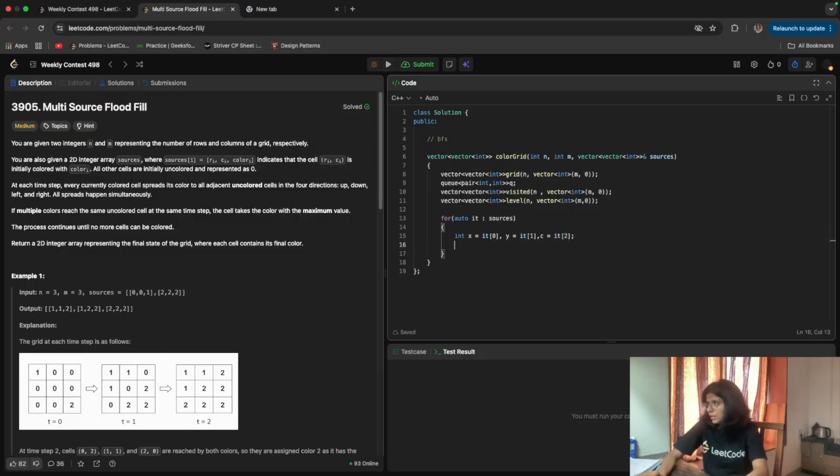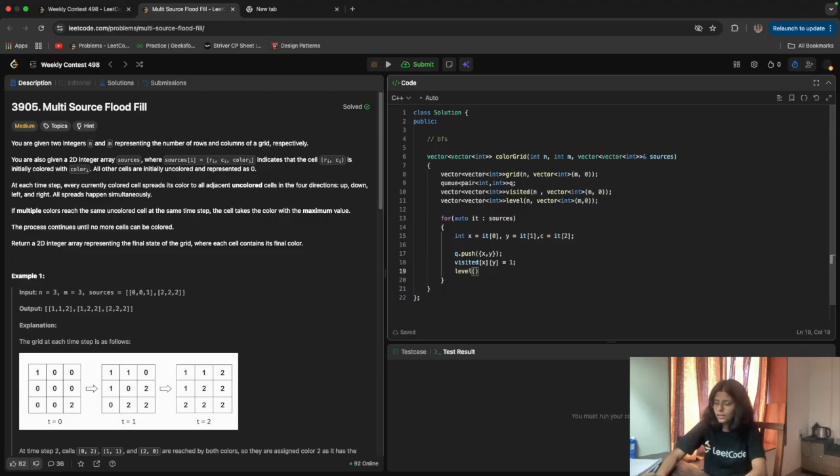I need to push it in the queue, q dot push the xy pair, basically one coordinate pair.